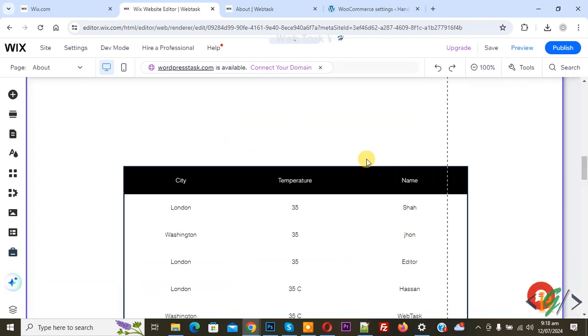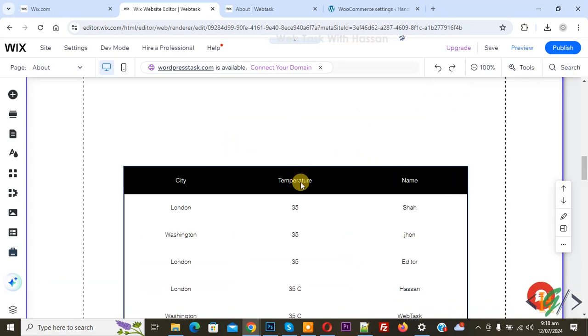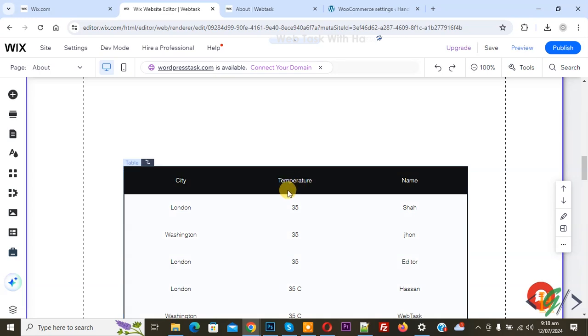Bismillahirrahmanirrahim. Assalamu alaikum. My name is Hassan and today we are going to filter Wix table data using radio button